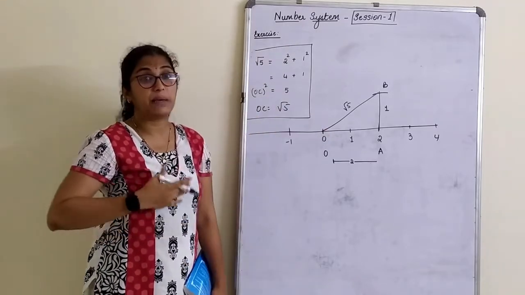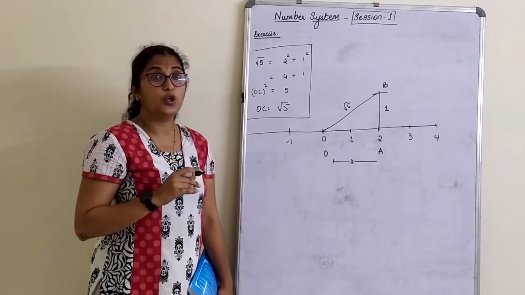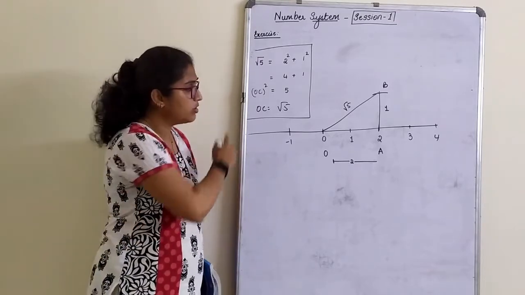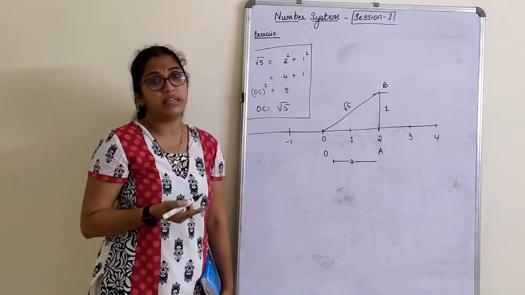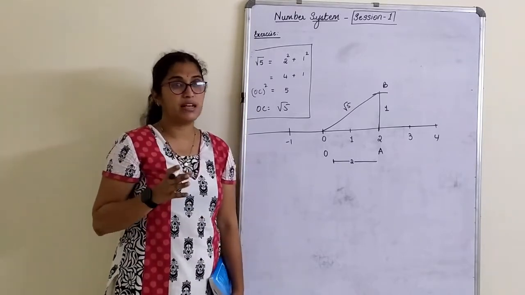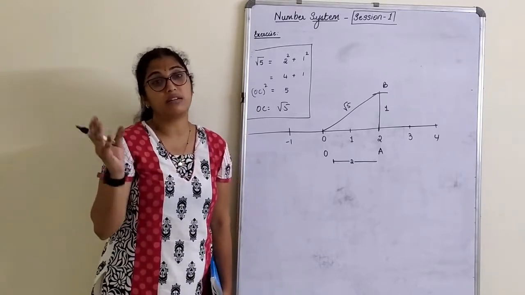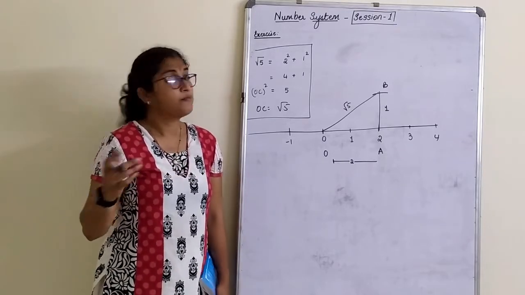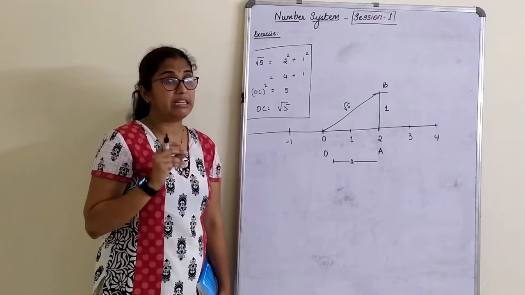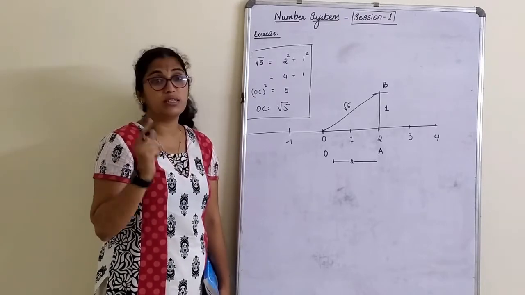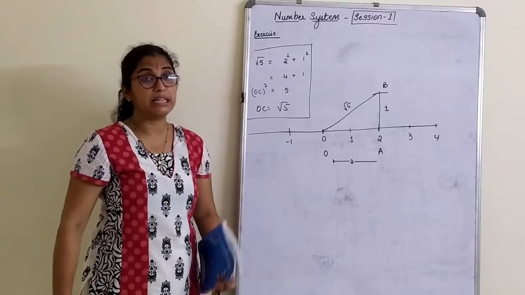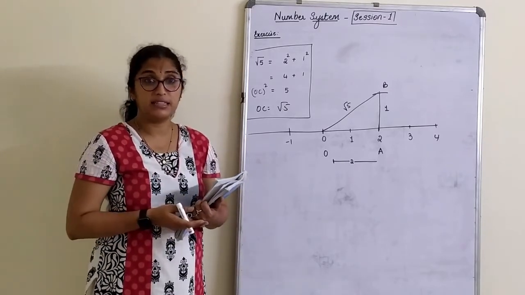Similarly, if you have bigger numbers, say root 7, root 8 or root 11, you can use these techniques only and do it. But in your exams, they will not give you beyond certain numbers. Say root 5 and root 6, they will not go beyond that. If you practice it very neatly, it is very easy to do this number line, right? That's why I have given you one homework. Complete that. We'll do the next exercise in the next session.